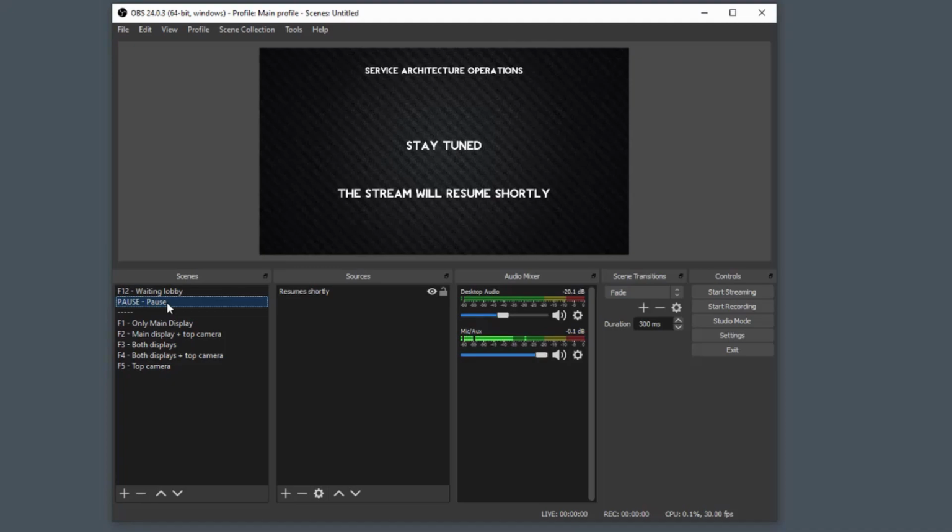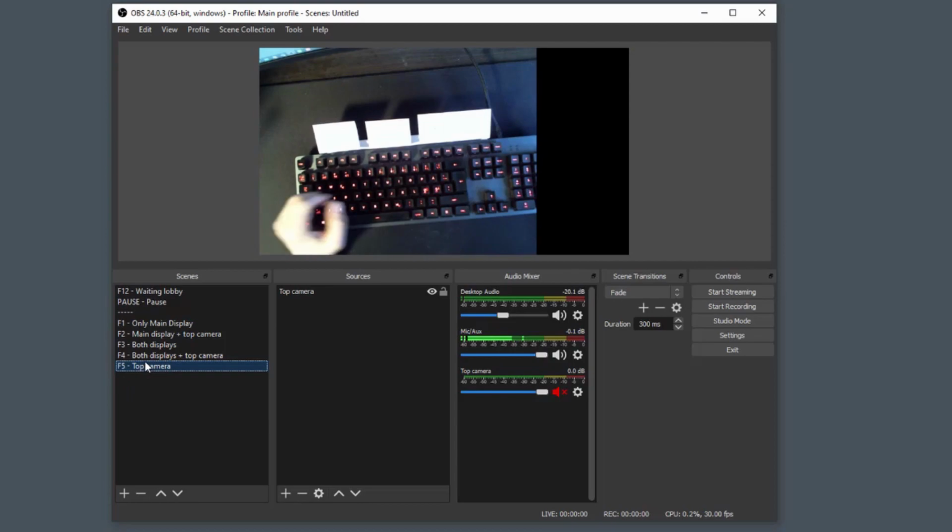Now we come to the part where you see why I've written F12, pause, F1, F2, and F5 here, and that is because I've associated hotkeys so that I don't have to move the mouse pointer over and press, because I would probably be too busy in my head, and it's a bit of a distraction moving the mouse over to press these things. So I've connected these with my keyboard, and you can see here, if I just go to the top camera,